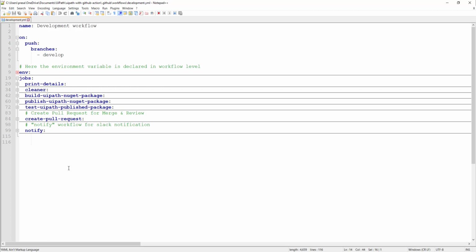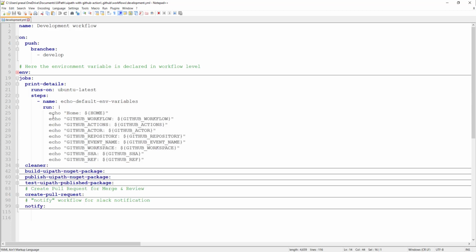So let's quickly look at the first job, which is print detail, and this is pretty basic. Before running anything on the CI/CD pipeline, I wanted to give assurance to myself that everything has been picked up correctly, right?